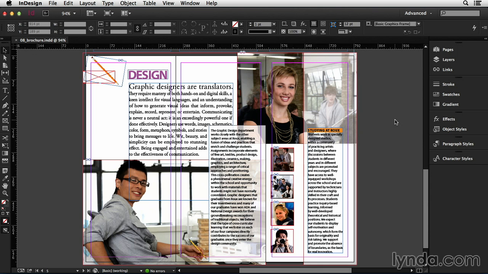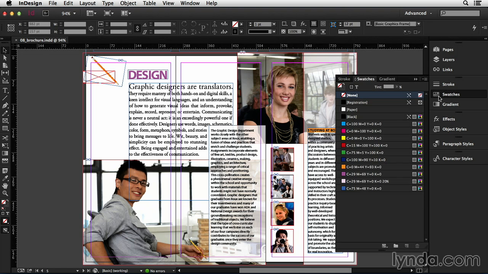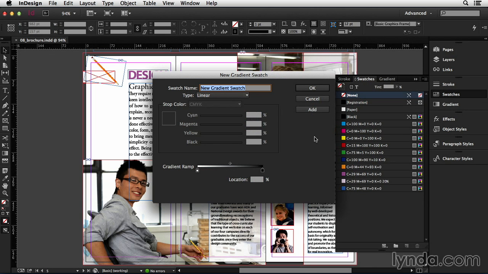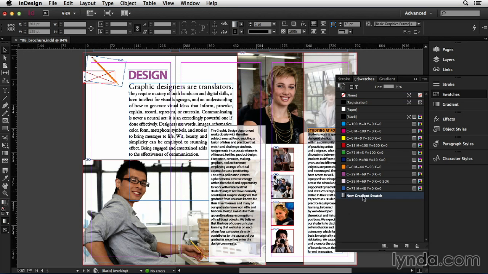To create a gradient swatch, I first open the swatches panel. Then, in the swatches panel menu, I choose New Gradient Swatch. Now, I find it a little bit awkward to make a gradient swatch just inside the dialog box. You can do it, but what I usually like to do is just click OK. InDesign adds the gradient swatch to the bottom of my swatches panel,